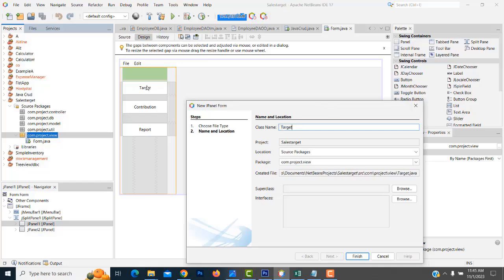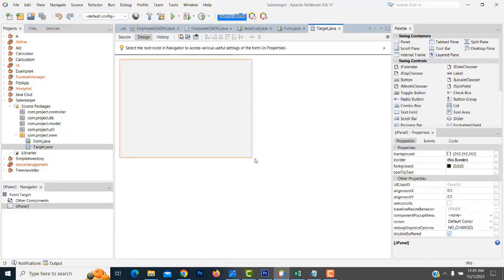This is a form. Target. When you click this button, this form should be open. Click OK. Right. This form is created. Now let's expand the form a little bit bigger here like this. Right. Now here what you're going to do is, here I'm going to first